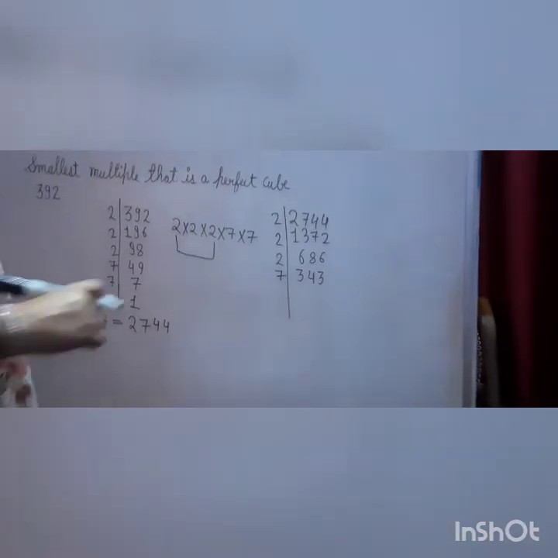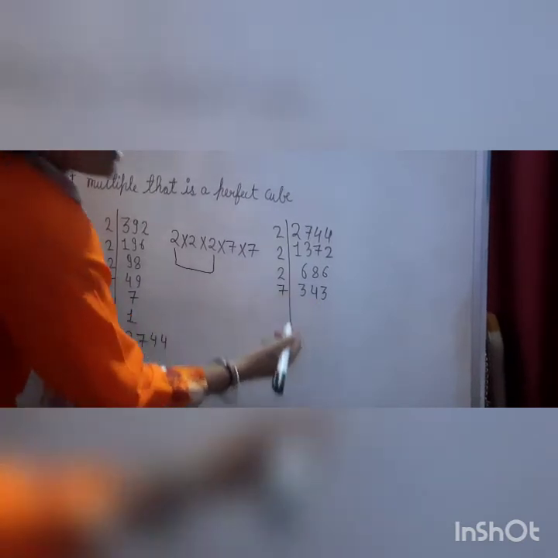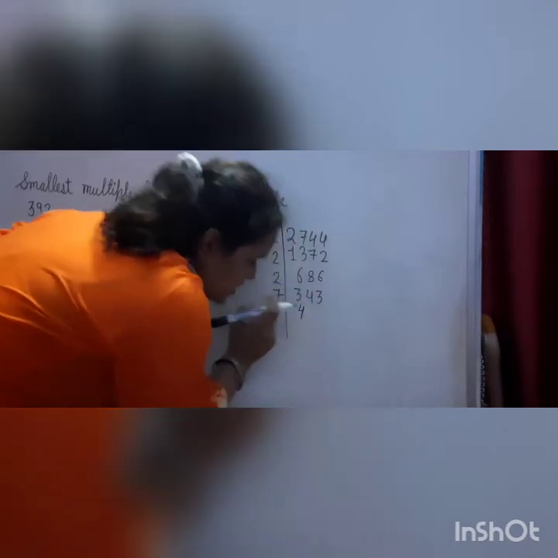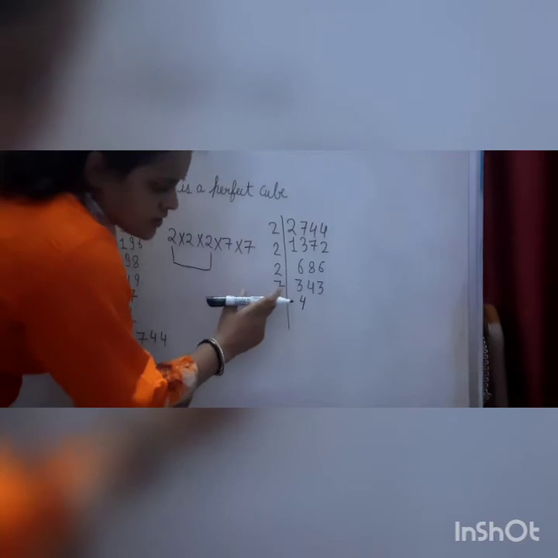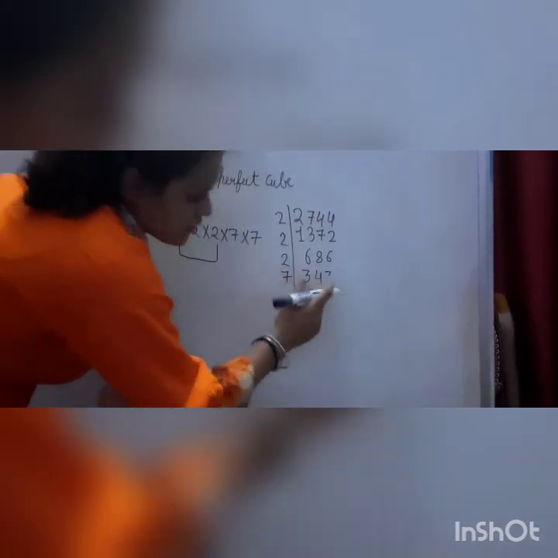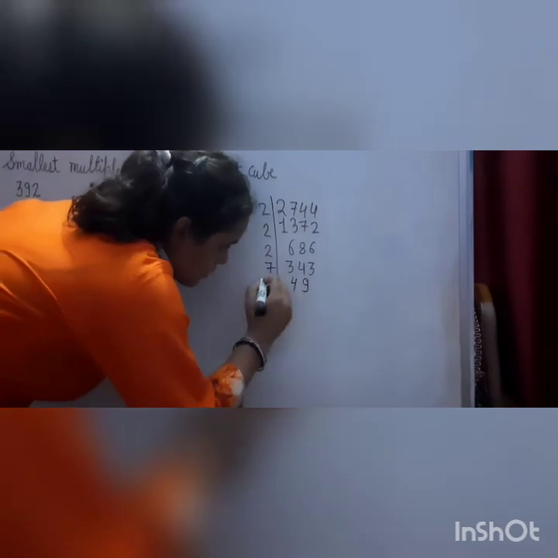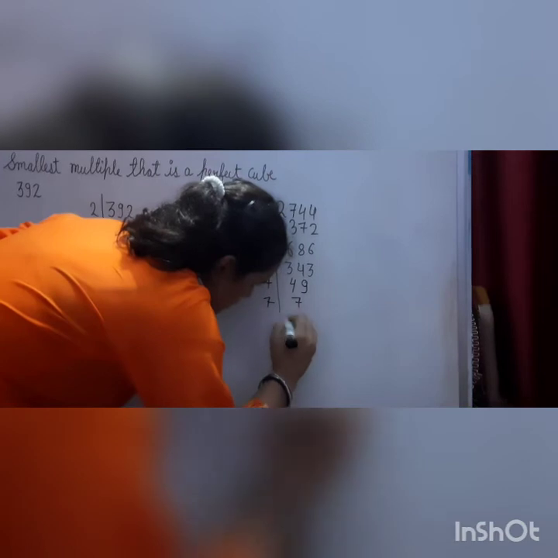Now you will divide this by 7, as you know that 7 times 4 is 28. Then here 6 is left, so 63. You know that when you multiply 7 by 9, it will come 63. So then you will add 9. Again you know that 49 comes in the table of 7. 7 times 7 is 49, 7 times 1 is 7.